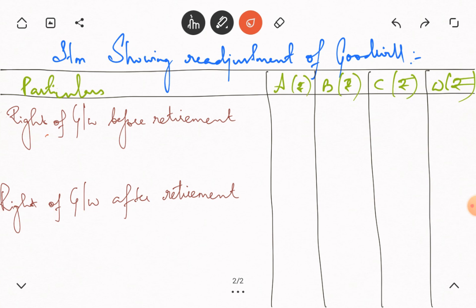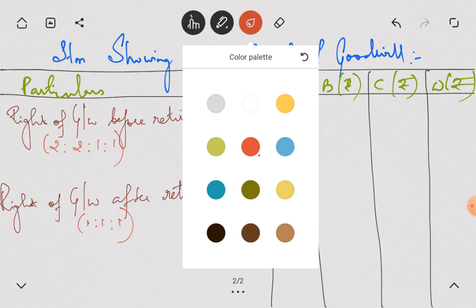So before retirement, they are sharing goodwill in the ratio of 2:2:1:1. And after retirement, goodwill will be shared equally, 1:1:1. Okay. So then moving on, we have to also see